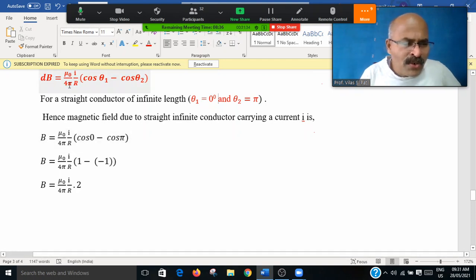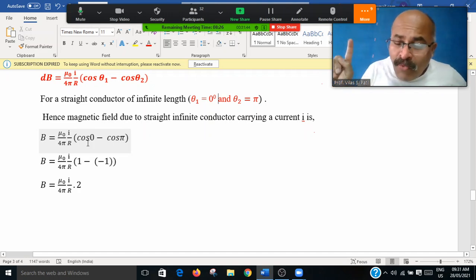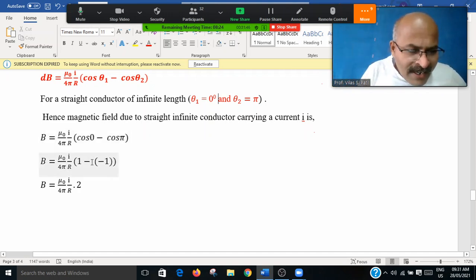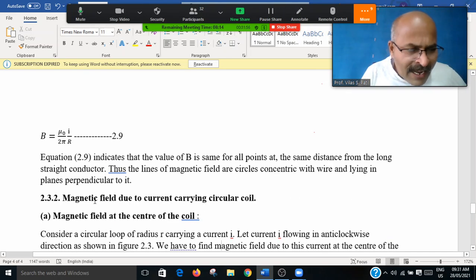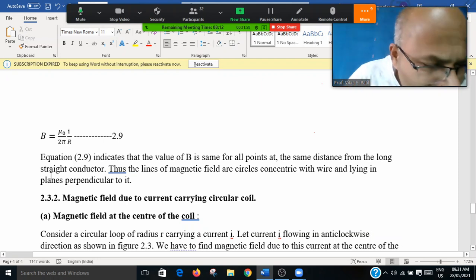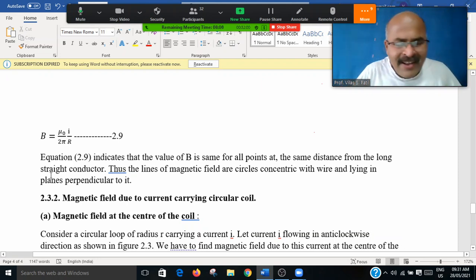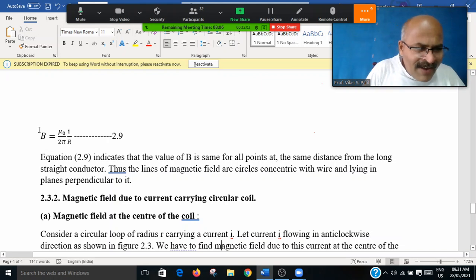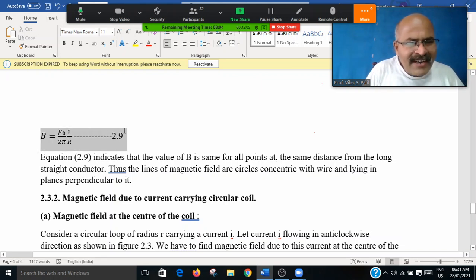B is equal to μ0 divided by 4π I divided by R into cos of 0, θ1 झिरो आहे आणि cos of θ2, π आहे. आपल्याला माहिती आहे cos 0 is 1 आणि cos of 180 that is minus 1 आहे. मायनस दी मायनस 1 म्हणजे हे 2 झालं. हे 2 इथं घेतलं, ह्या 2 ने 4 ला गुणलं, इथं 2 झालं. त्यामुळे B is equal to काय आलं बघा. B is equal to μ0 I divided by 2πR. जरा बारकाईनं बघा. This is the final relation, that is the magnetic induction along the long and straight conductor